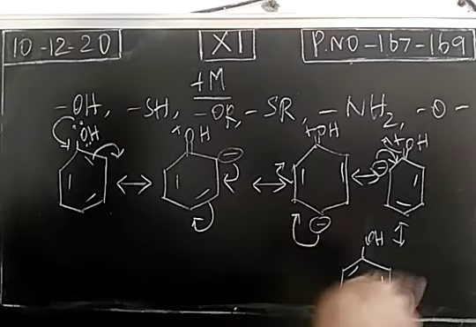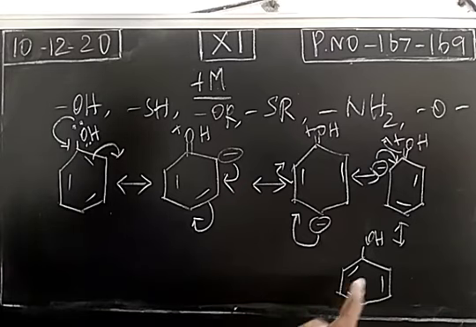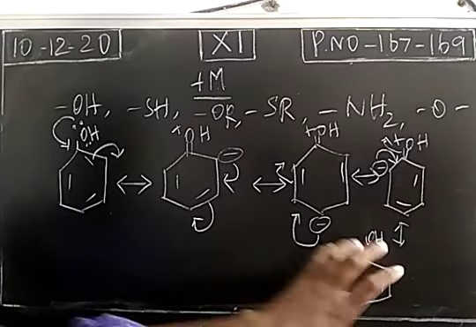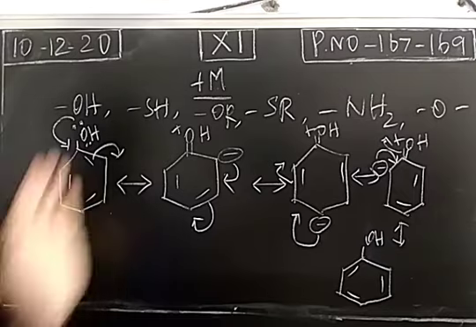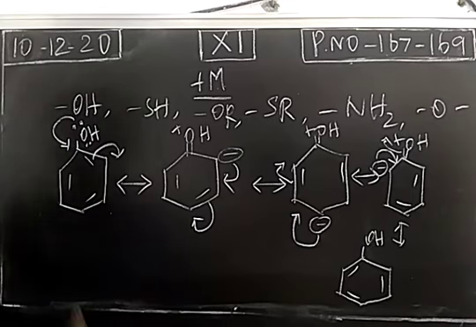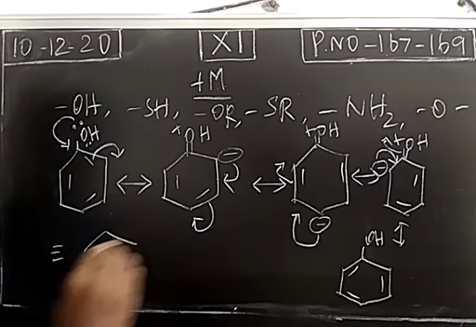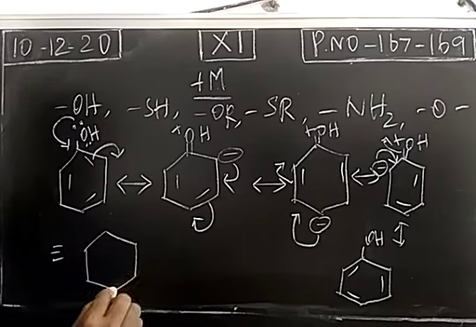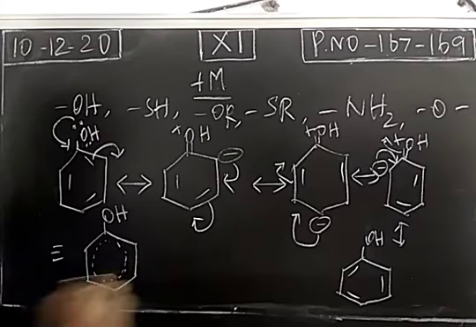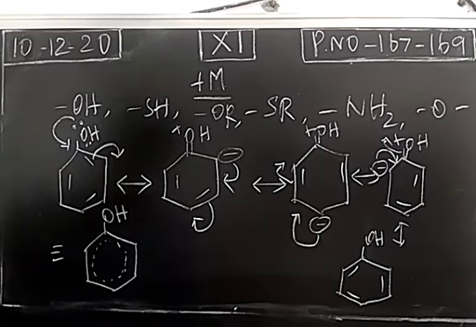So finally we have obtained phenol with a change in the position of the double bond. So the same conjugated system is obtained here. These are called canonical structures of phenol. Resonance structures are canonical structures of phenol. We may draw the hybrid structure. How can we draw the hybrid structure? The pi electrons are shifted over all the carbon atoms. It's a phenol structure. This is called a plus M effect.